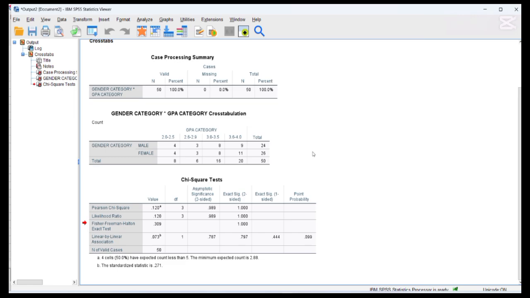exact test. In our next series of videos, we will go through the test of association individually and then understand what they are used for and how they can be used in a